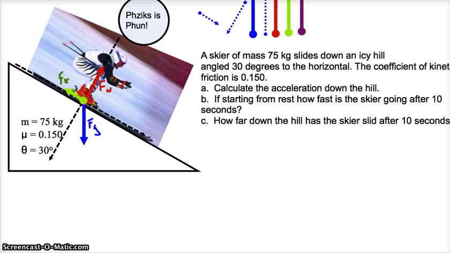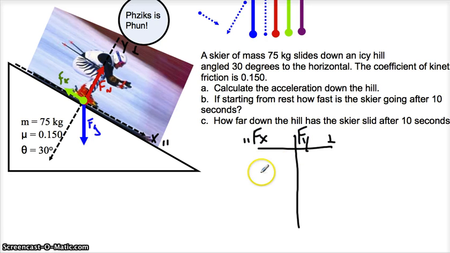So now we could take a look at setting up our t-chart and working with our components like we would normally do. Now this x direction, sometimes books will call it the parallel direction. Either is fine. I like to use x and y. The y direction is the perpendicular direction. And we're going to sum up our forces, so we're looking at our x components and our y components again. Well, you can take a look at the normal force, and that's just like it usually is. It's directly upwards in that y direction, away from the ramp. So I'm just going to label that here as the plus direction, with no component parallel to the ramp,